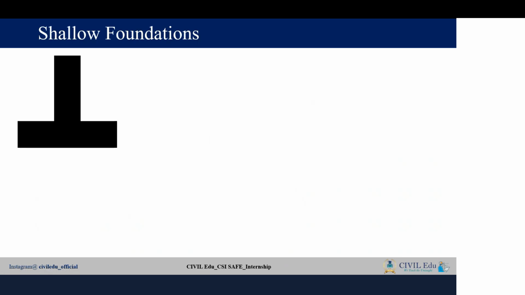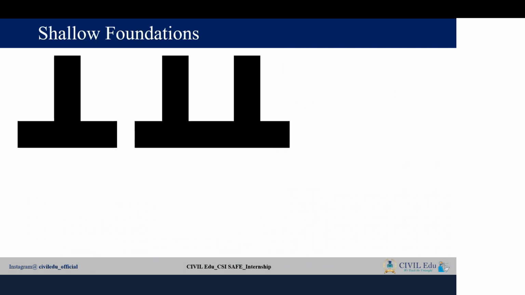Right. So the first type of foundation is isolated foundation or isolated footing. Now, what is meant by this isolated footing? Isolated footing is nothing but you will have one footing which is attached with one column. So this vertical member is called the column, and this is called the footing slab. So when you have a footing with only one column, that is called an isolated footing. And the second one is,